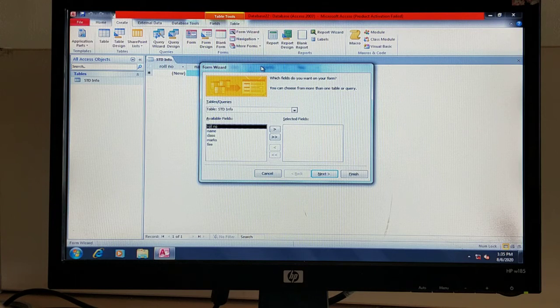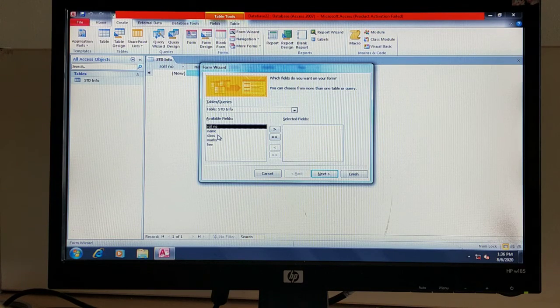In this window, at the left side, you can observe the available fields. Available fields of which table? The table called student info. In this table we have all these available fields. On your form, what type of fields do you need to insert?